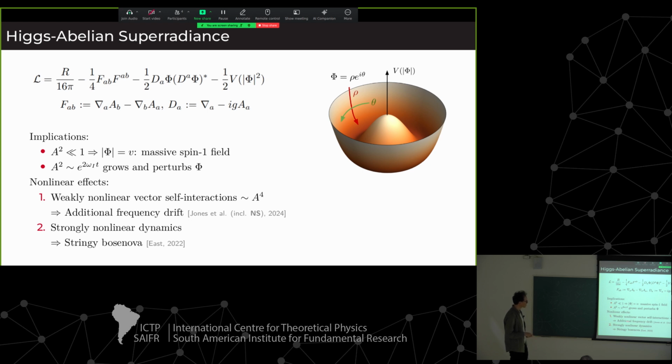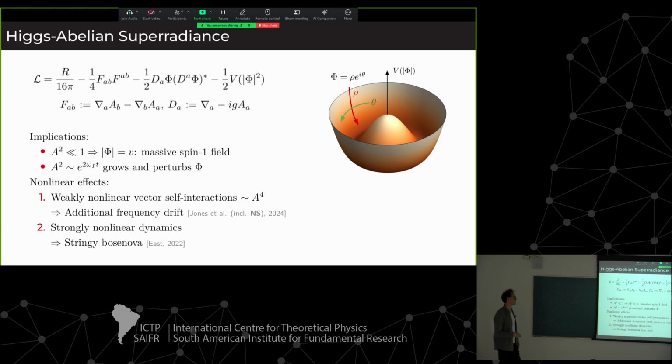Okay, and then the second option is that you have strong nonlinear effects. Basically what can happen there is that it won't just stop at the leading nonlinearity, but you have to consider the full system. There will be some new nonlinear dynamics that happens. Okay? We at least looked at this a couple of years ago, and what he found was